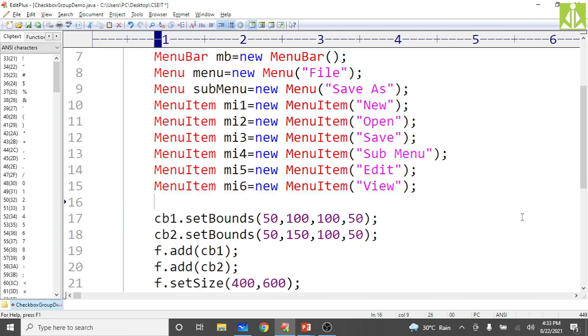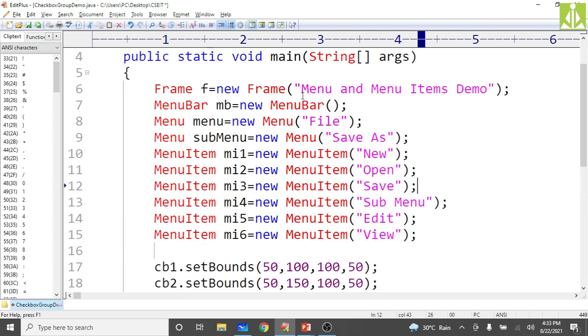Then add the menu items to the menu. So what we do, these 3 we put inside the menu. Submenu we have already taken, so now here you make it submenu.